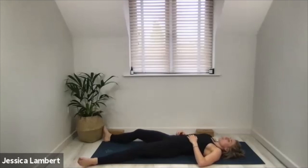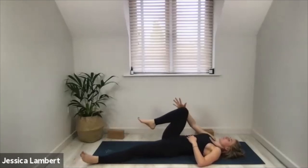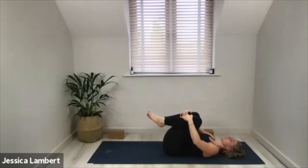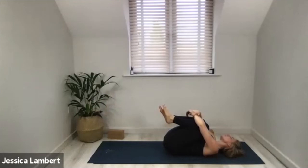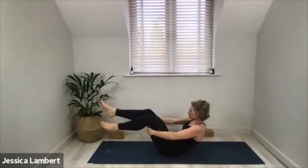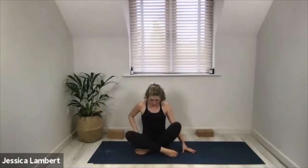Really carefully, gently, just bring one knee in at a time and hug the knees into the chest. Give yourself a big squeeze. And then keep the eyes closed. I don't mind whether you roll onto your right hand side or you can just rock yourself up to a seat, cross the legs, sit nice and tall,